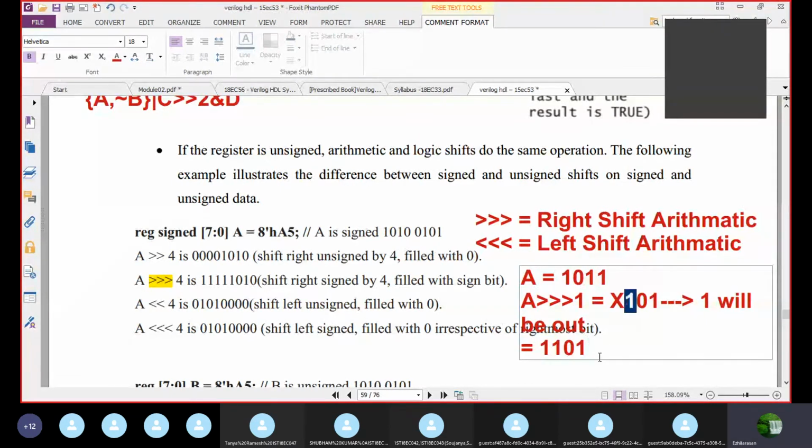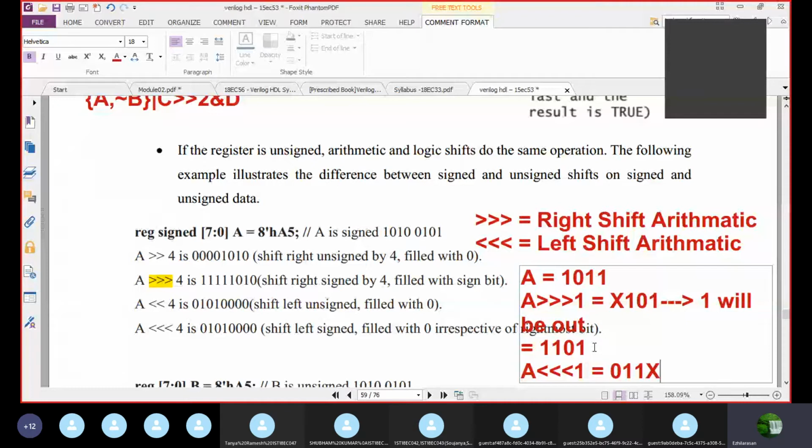But when you are performing left shift, say for example, I will show A, left shift arithmetic. Now what will I do? You need to shift left. What will be the answer? If you are shifting left, the MSB 1 will go out, and 0, 1, 1 remain. Here the vacant position will come.